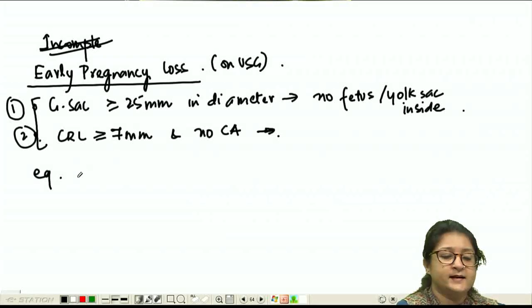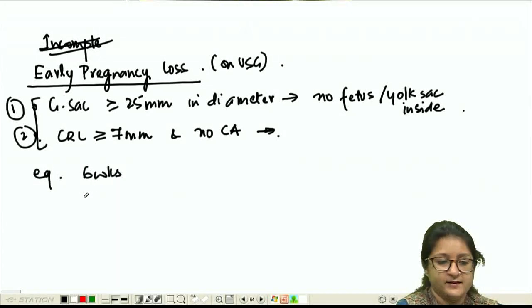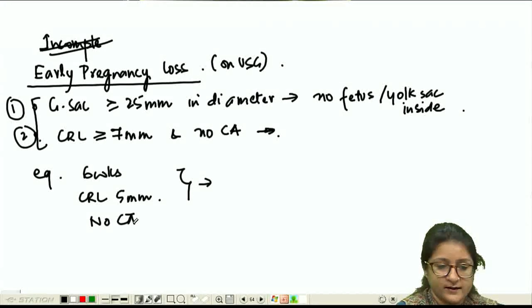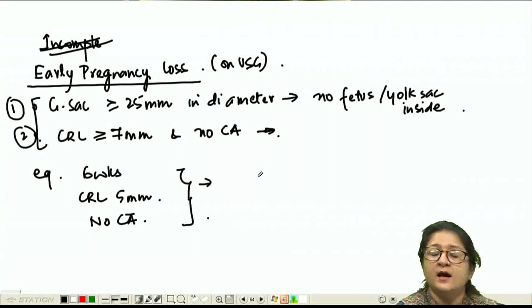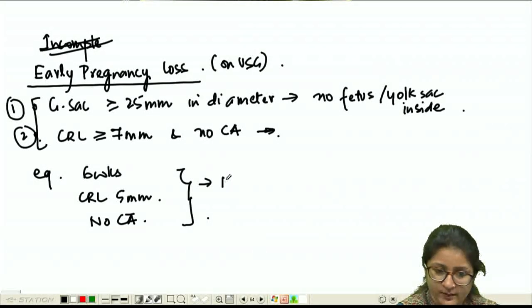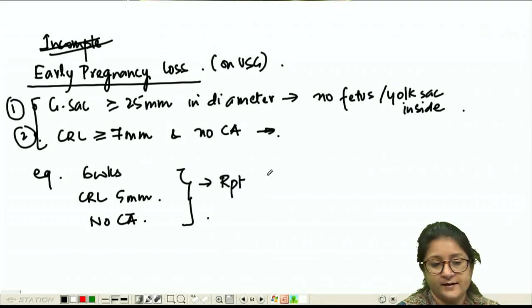Supposing, for example, there is a pregnancy at 6 weeks and the CRL is, let's say, 5 mm. What is the next step? With no cardiac activity, the next step is not to consider it as early pregnancy loss, but to repeat the scan